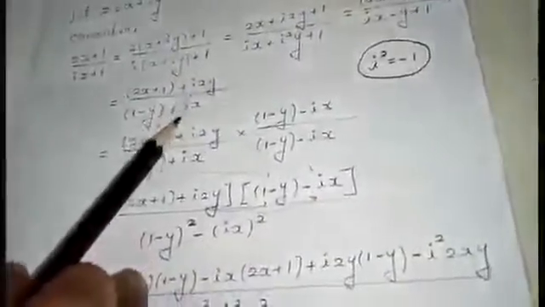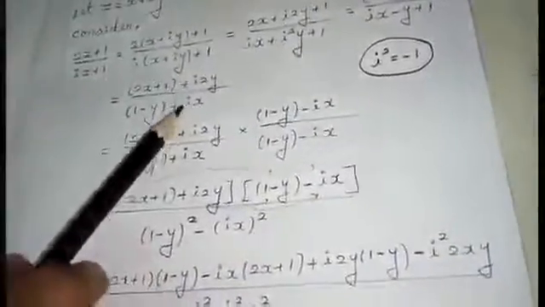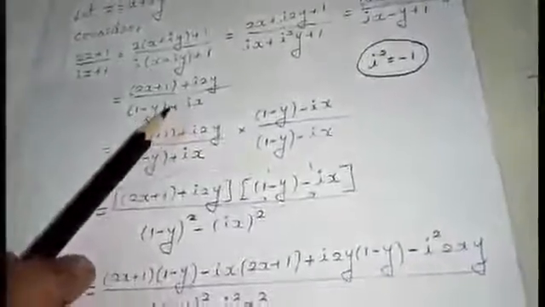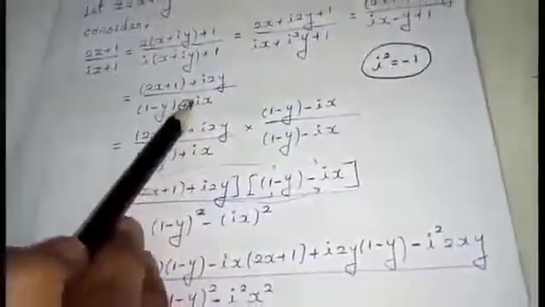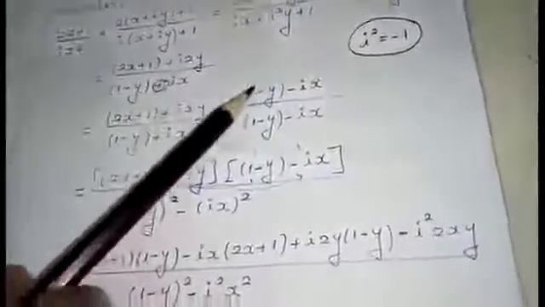That is, if I want to take the conjugate, I am going to change the sign before the imaginary part. What is the sign I am having here? Positive. So I am going to divide and multiply by the negative. That is, just see here, 1 minus y minus ix. I am dividing and multiplying, that is, I am taking the conjugate of the complex number.